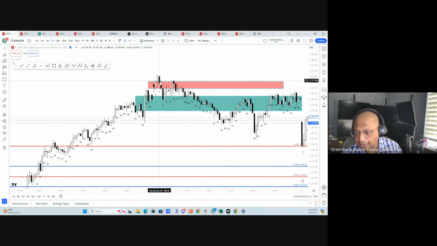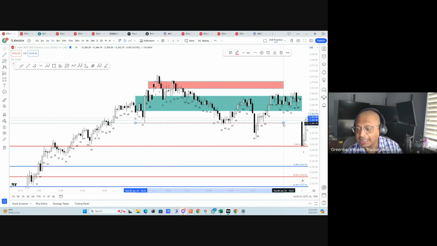So this was the beginning of the day. We started in a TR. This was the first bear gap that got created, and we started coming down from here. You have to tell yourself that maybe we are trying to get to the bottom of the candle, which was responsible for this bear gap, and that is here. And see, we touched that. And as soon as we touched that, we created a bull gap here and we went up